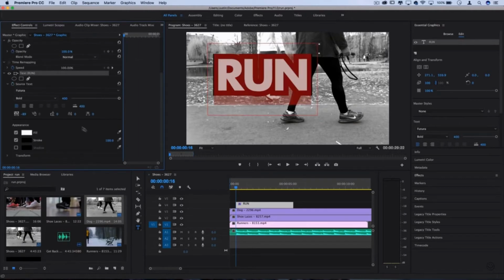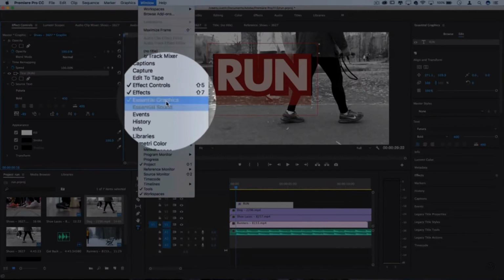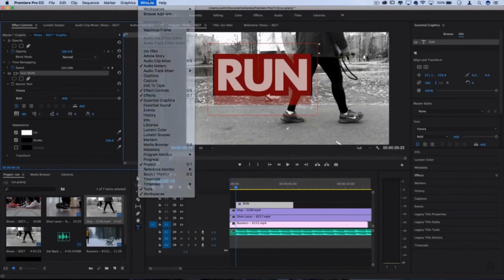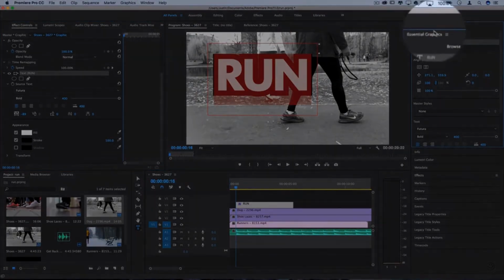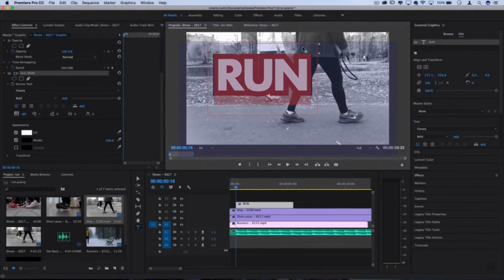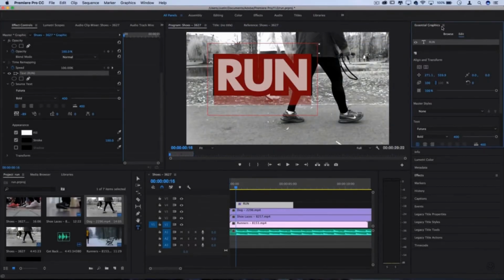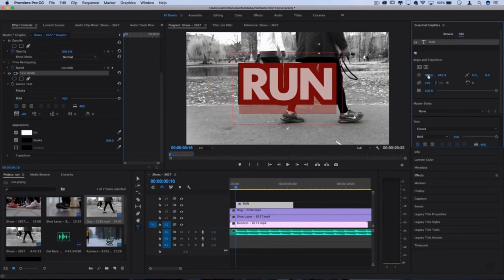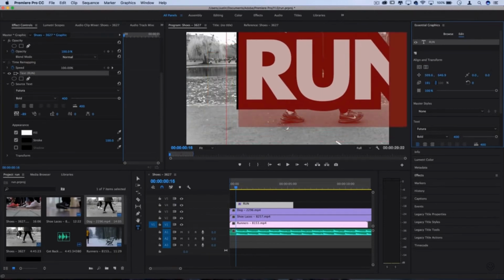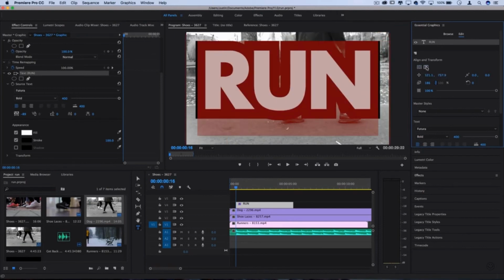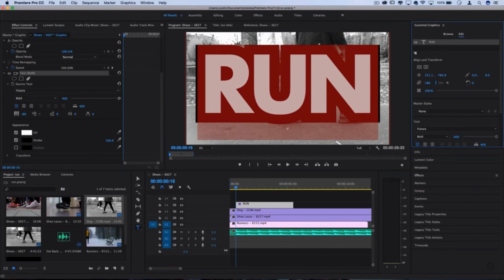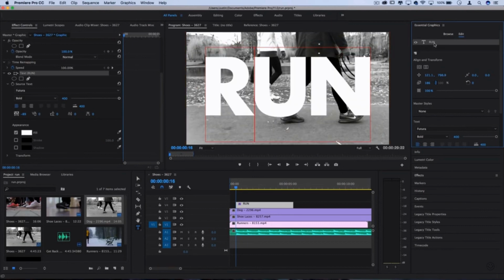Aside from being able to adjust it in the Effects Control panel, you can go to Window and open the Essential Graphics panel, and it might pop out, but you can drag and put it into whatever sidebar or browser you want. So I'll keep it on the right hand side here, and in this menu you can center it, align it, and increase the size to be as big as you want. In this case, I'll fill out pretty much the whole screen, and I'll give it a little bit more of that centered look. Now the next thing we have to do in